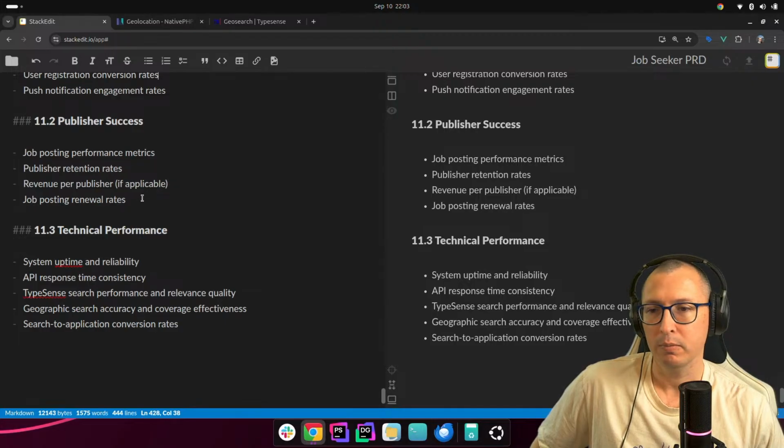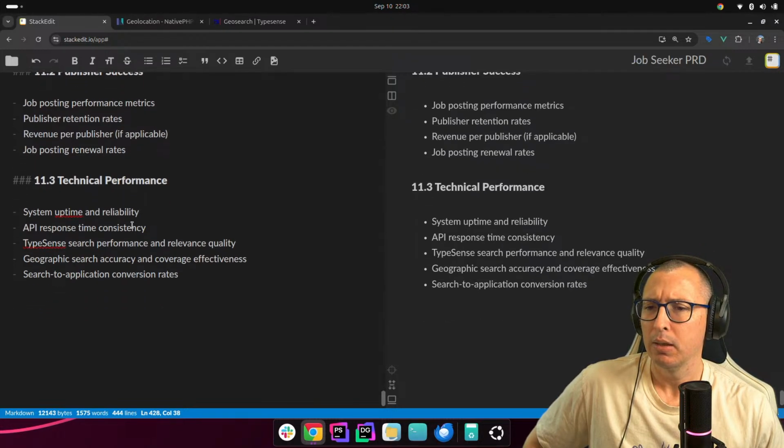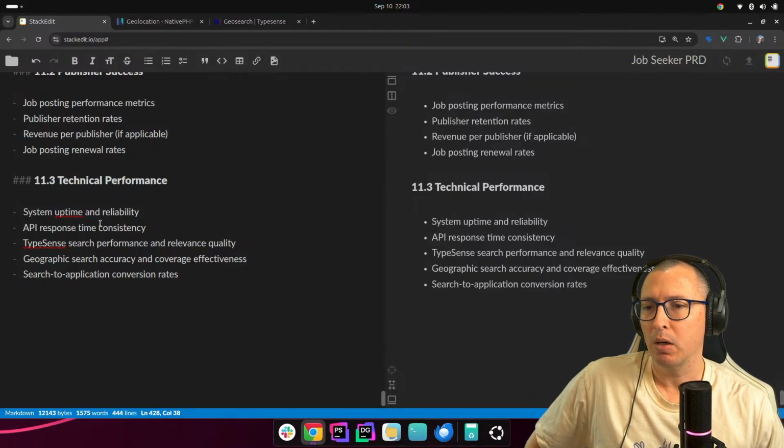It is, we have revenue. Job posting renewal rates. And then technical performance, system uptime and reliability, API performance time, and so on.